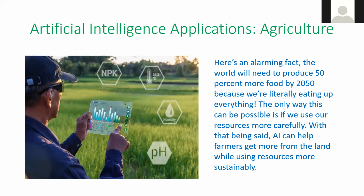See and Spray. It consumes less water while using computer vision technology like object detection to monitor the crops. So this is one of the good applications of AI in the agriculture field. It uses object detection to monitor,